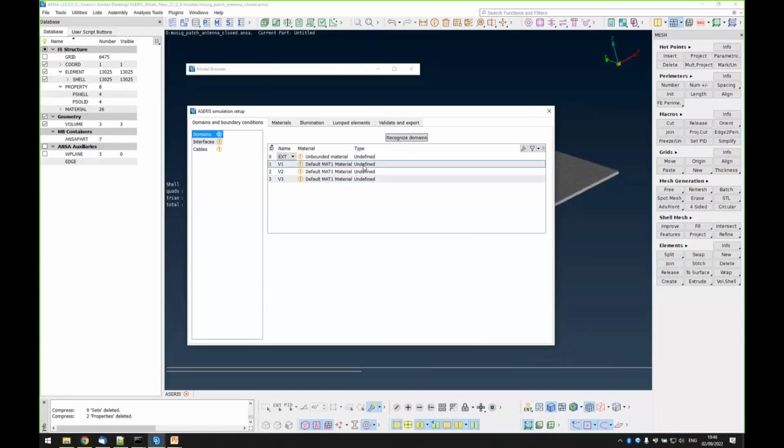It's either transparent, which is called dielectric, or it's non-transparent, which is called either PEC, perfect conducting, or IBC, which is imperfect conducting. The only exception to the rules I told you before is the EXT volume. Here, the volume with zero ID. It's not an ANSA volume, but it represents the exterior domain, the unbounded domain, which lies outside of your model. But it needs to be there because it needs to have material.